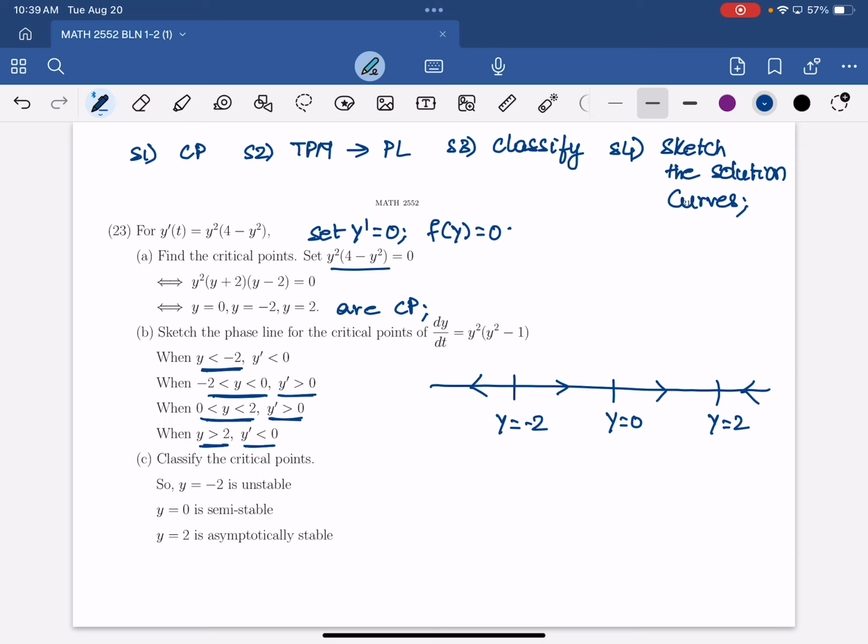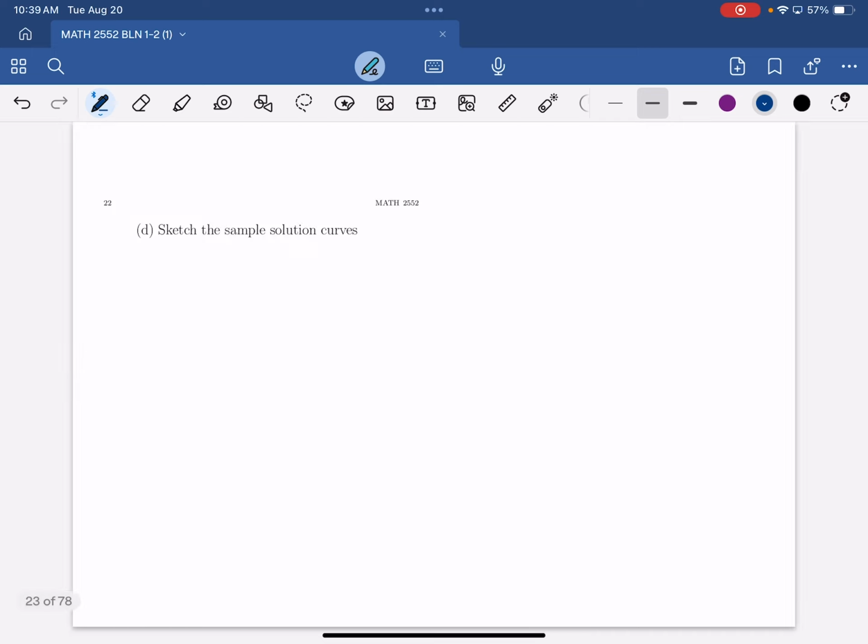So the classification is y equals -2 is unstable, y equals 0 is semi-stable, and y equals 2 is asymptotically stable, right? Everyone okay with that? Yeah. Okay, so now you want to sketch it. The rough sketch would be